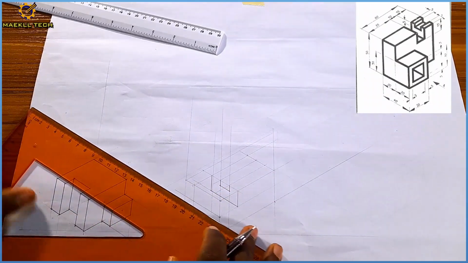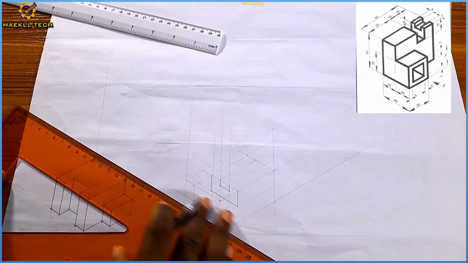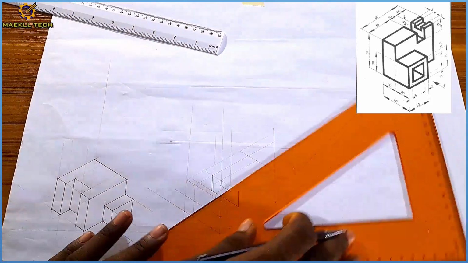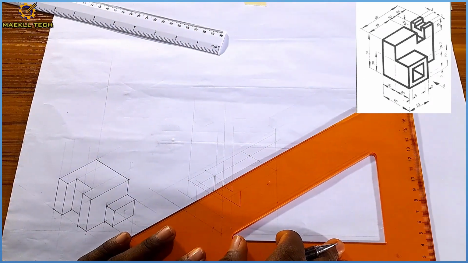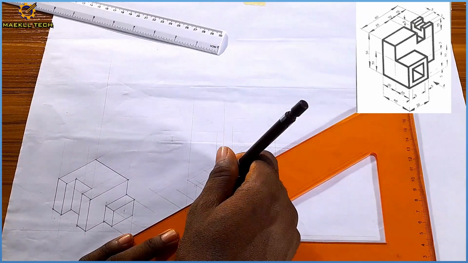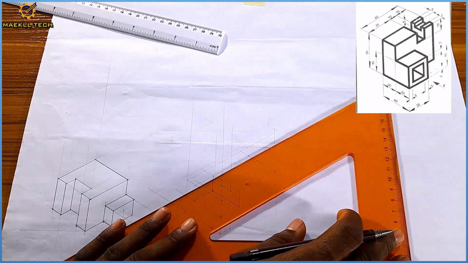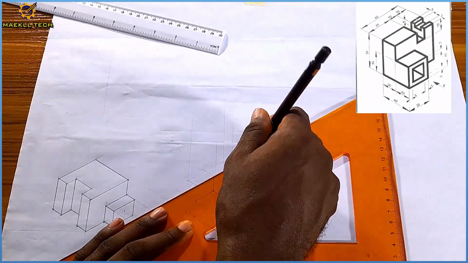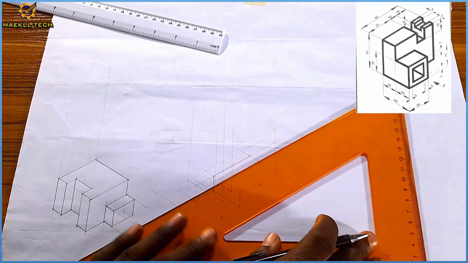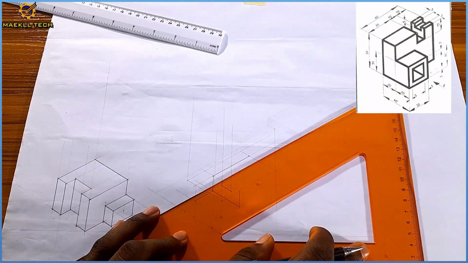Thickened. Okay, then I can bring this like this and thicken this place out also like this. Thickened. Okay, I can thicken this place all the way to the back like this. Thickened. I can thicken all this